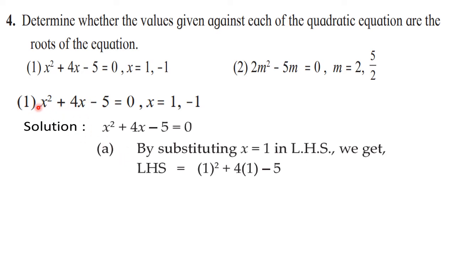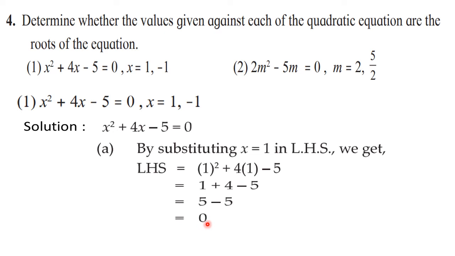Okay, x square plus 4x minus 5, and there in place of x we are writing 1. So 1 square plus 4 into 1. While substituting, you have to write in brackets. It was told so many times in the first chapter also. And minus 5 as it is. So 1 square is 1, 4 into 1 is 4. So you will get 1 plus 4 minus 5, that is 0. Okay. See, 1 plus 4 is 5 and 5 minus 5 is 0.